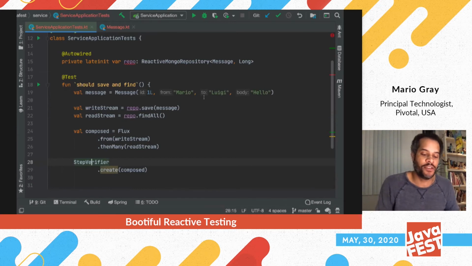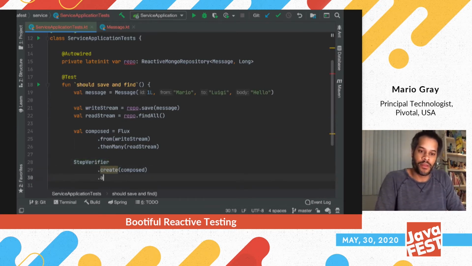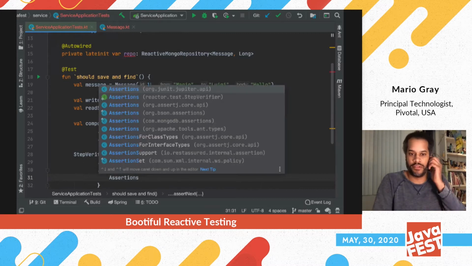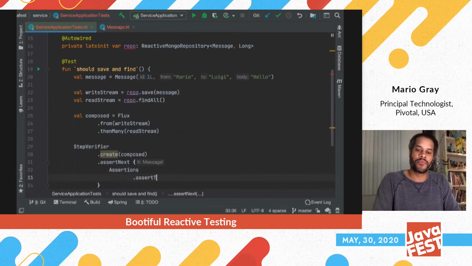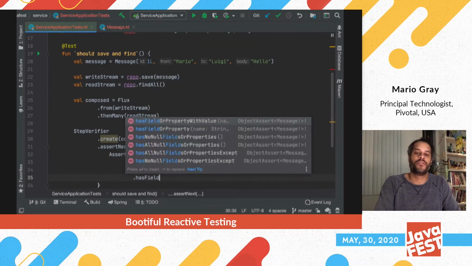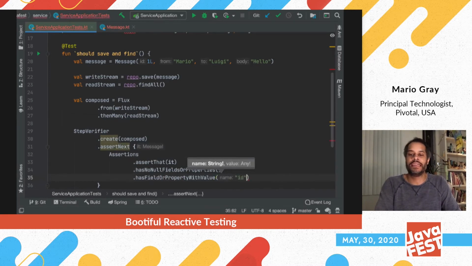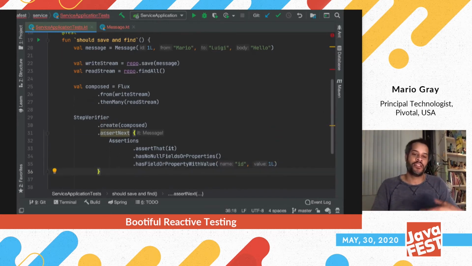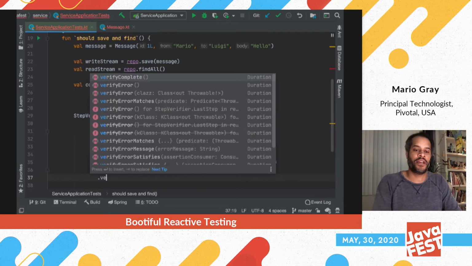Now, if something happens, I'll use assertNext, and then I'll use AssertJ, which comes with Spring Boot. Has no fields or properties. Okay, hasFieldOrPropertyWithValue, and we'll say that id is our field, and it should have a value of 1 long, and that's it. So what's going to happen is if that assertion fails, then assert fails here, and our StepVerifier tells us. So from this point, we can say verifyComplete,